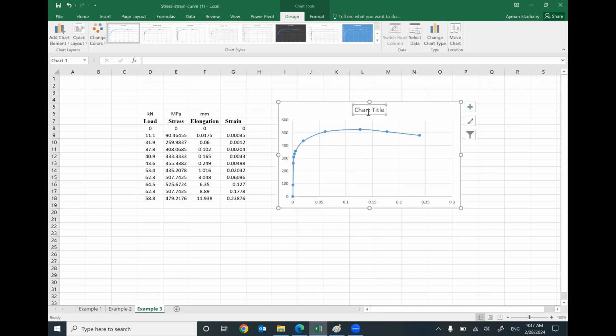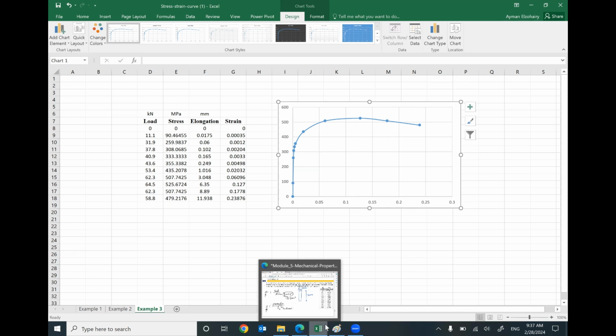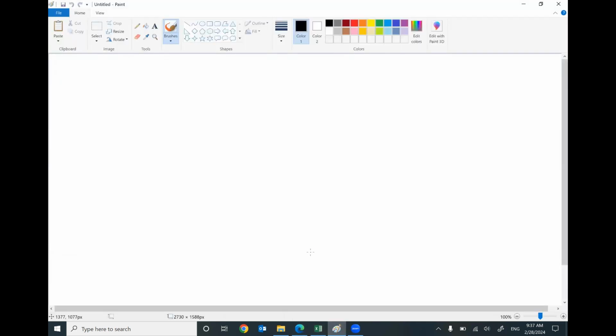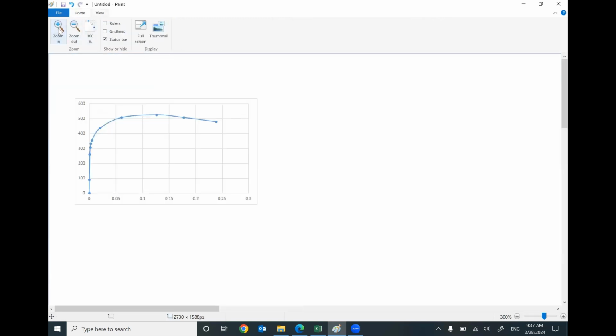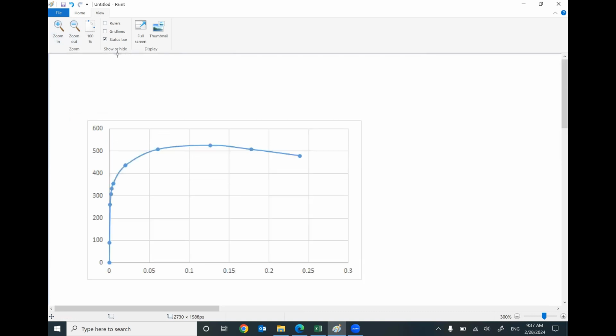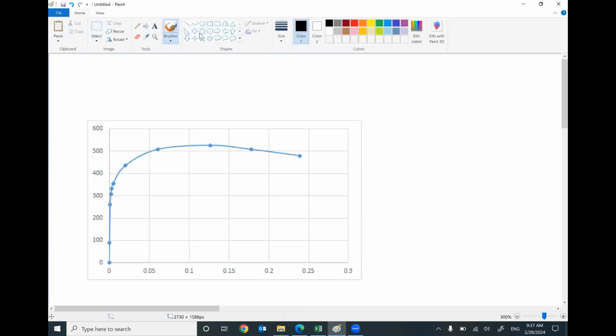Okay. Here is the stress strain curve, stress strain relationship. Unfortunately, we don't have a clear indication of the yielding stress. So what should I do? Make it bigger. There you go. We don't have the typical stress strain curve, which looks like this. Linear, plateau, then strain hardening, and the end of the curve.